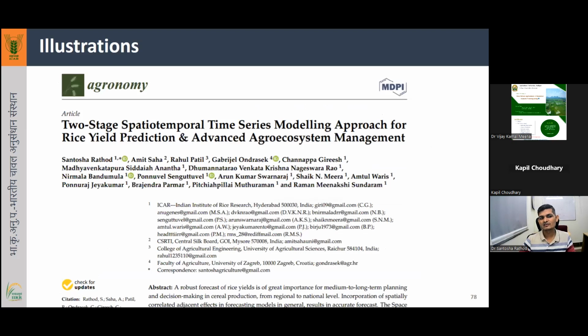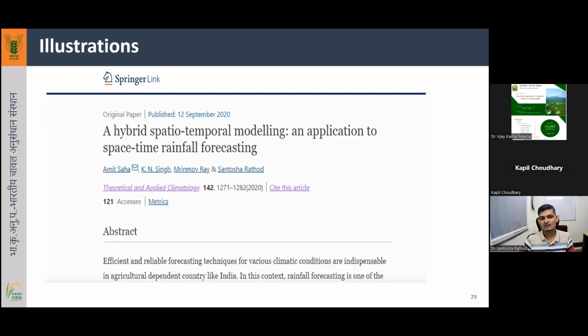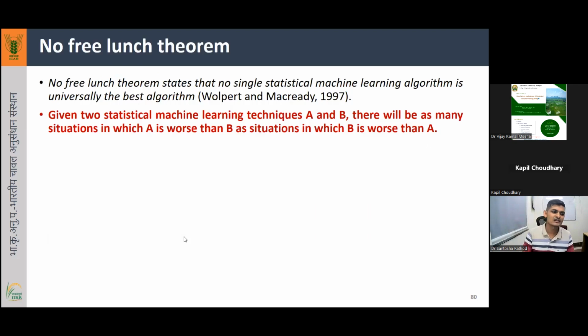This is for hybrid spatial temporal modeling for space-time rainfall forecasting of northern West Bengal. So here also we have developed a hybrid spatial temporal model. So these are all some examples, and based on my experience and the slides which I presented here,